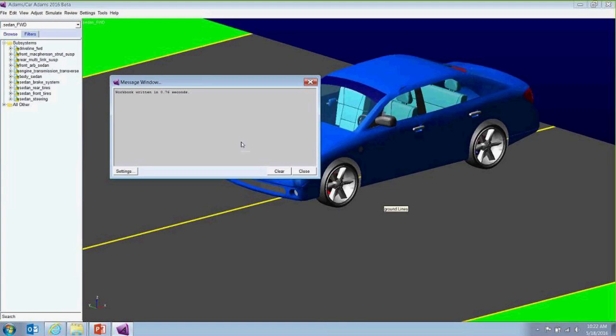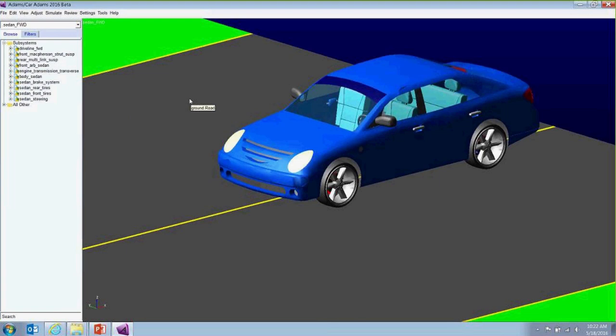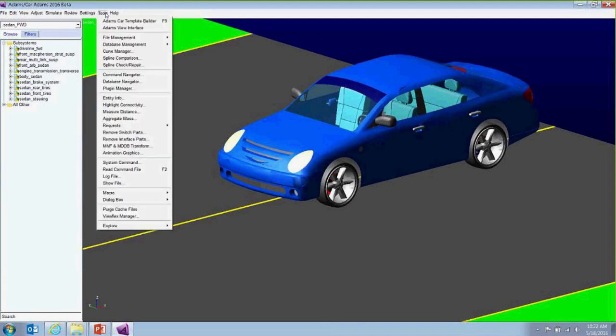It goes off and exports it, tells me it exported in 0.76 seconds. That's interesting. So it's been exported. That's fantastic. Next, before I go, I need to go ahead and set up